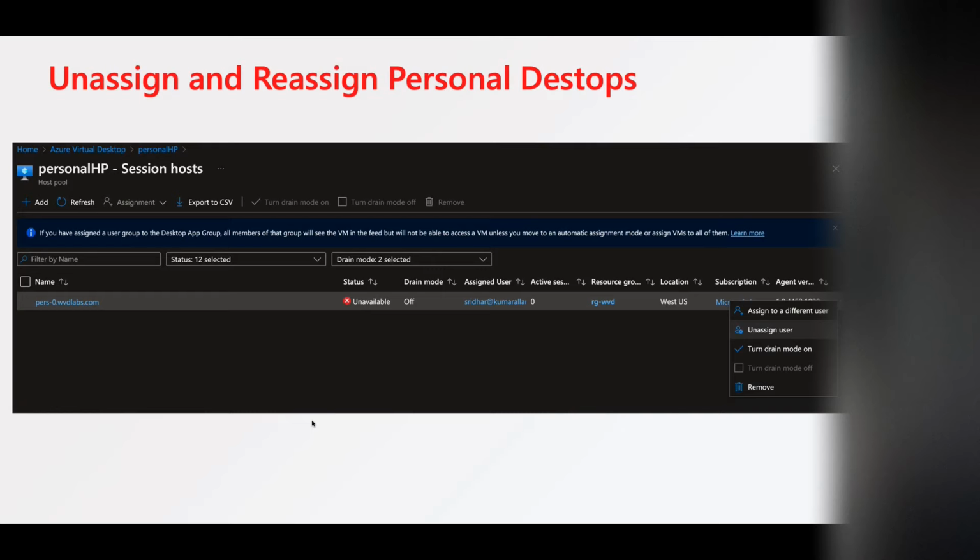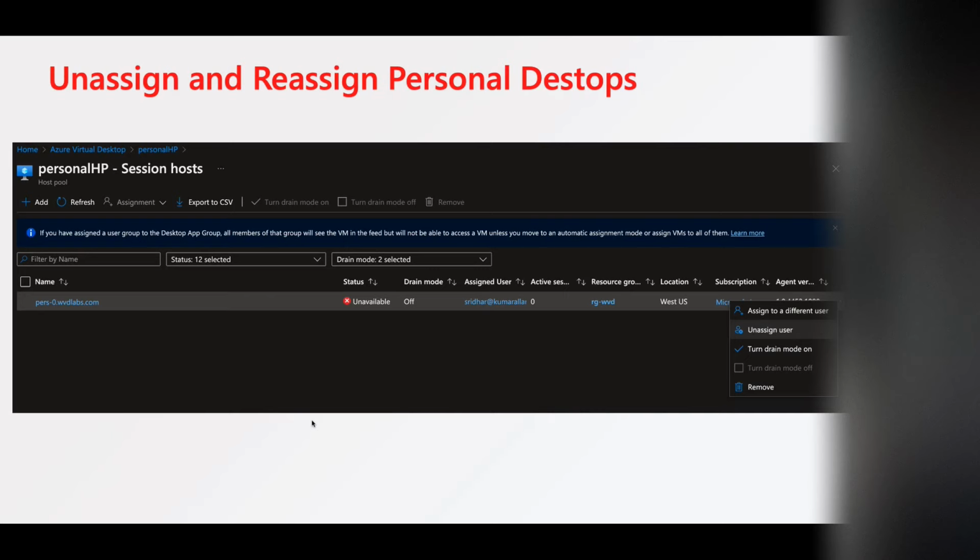Moving on. So Azure Virtual Desktop right now offers two types of desktops. One is a personal or persistent desktop, which is assigned to named users, as you see on my screen. And we also have multi-session desktops, which could be assigned to a group of users, and they'll be sharing the same virtual machine, right? So similar to our RDS services. But they both cater to different needs. For example, if you are a developer or require